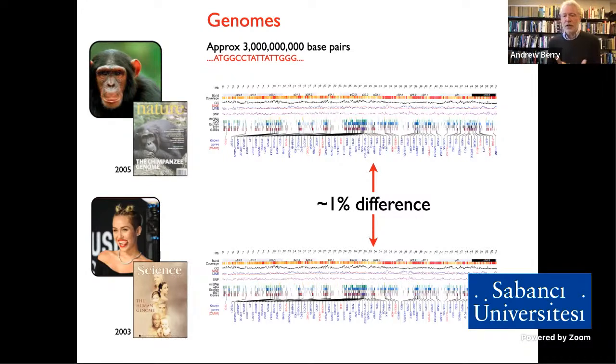Okay. So obviously those differences have arisen in the 7 million years since we had a common ancestor. So 7 million years ago, the two lineages split. One produced humans and the other produced chimpanzees. Okay. And in that time, only about 1%, so about 0.5% on that lineage, 0.5% on that lineage, about 1% difference has arisen between those genomes. So that's pretty cool, because amongst those 1% differences are the key mutations that make humans human, that make us special. Okay. But 1% of 3.5 or 3 billion is still a rather large number of differences.